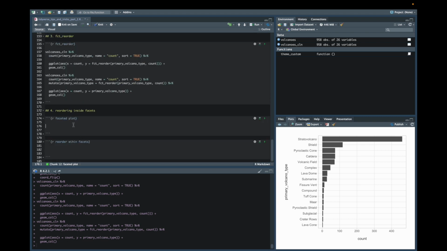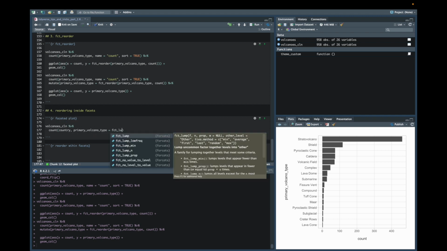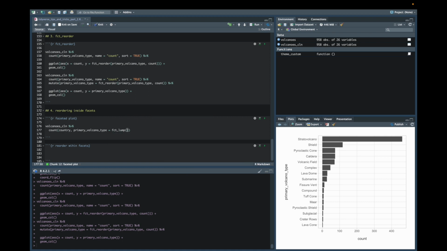So the first thing that we need to do is create some plotting code to create a faceted plot. So what we're going to do is we're going to say count by country, and then we're going to say primary volcano type, and we're going to lump the primary volcano type in the way that we've seen previously into, in this case, 6 levels. So we're going to say n equals 5. So that'll give us the top 5 most frequently occurring,